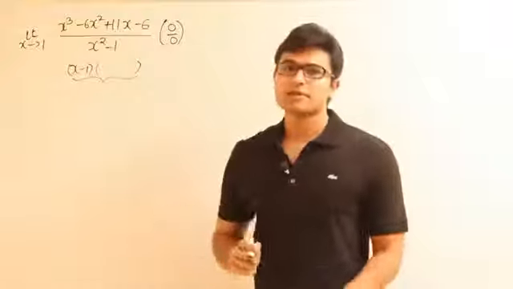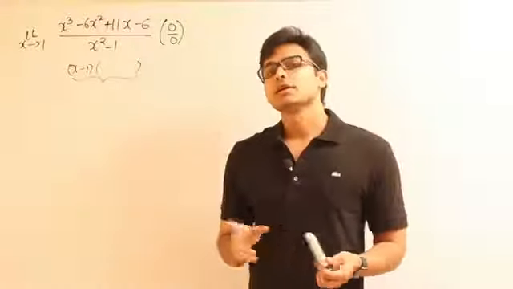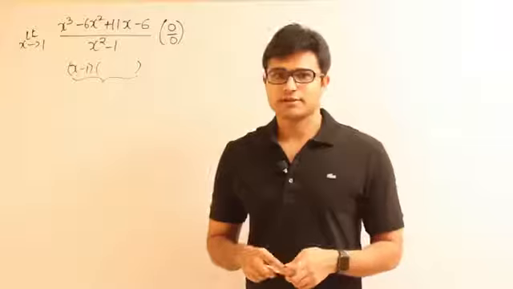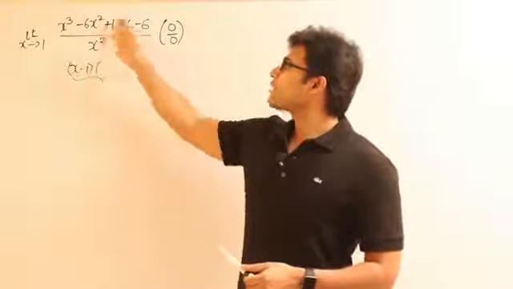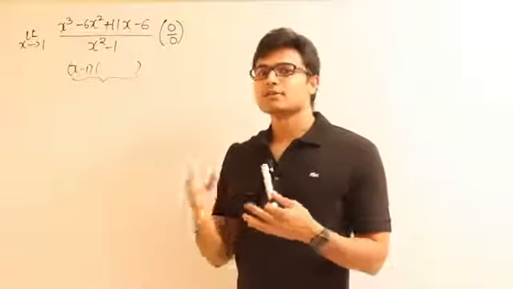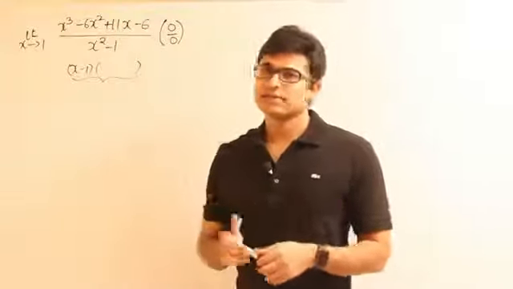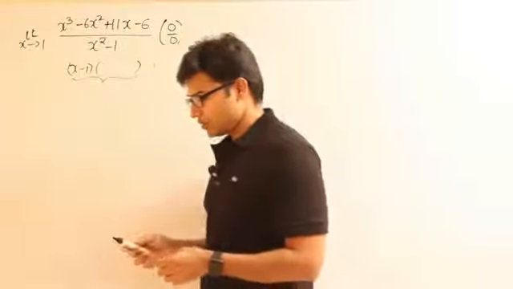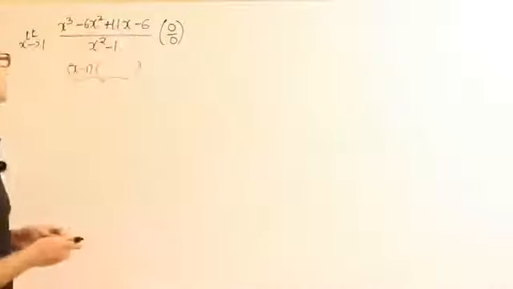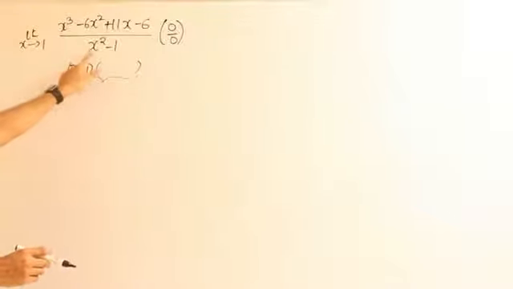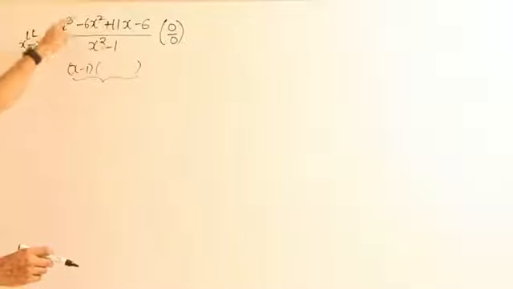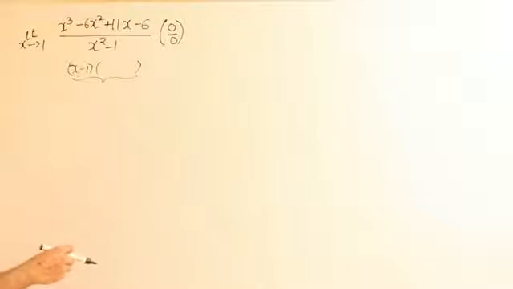Similarly, here also x minus 1 is a factor of it. Now we know that in both of them x minus 1 is a factor. So what you can do is directly write both of them as a product with x minus 1 and analyze it. You can write this one as x minus 1 into something, and this one also as x minus 1 into something, then cancel out x minus 1 and x minus 1, and later find the value of it. Simply put, that is what I'm trying to do.